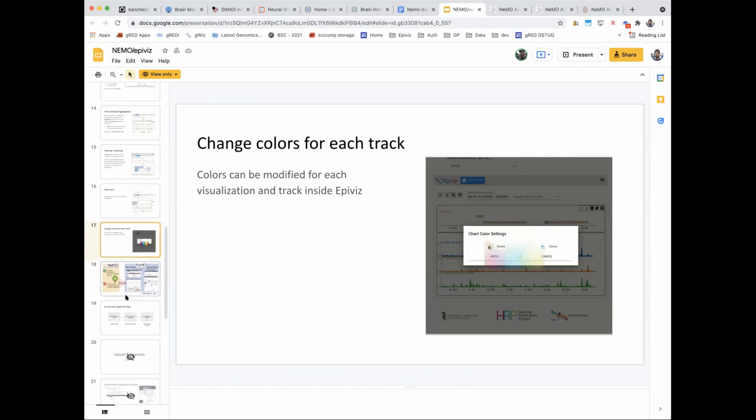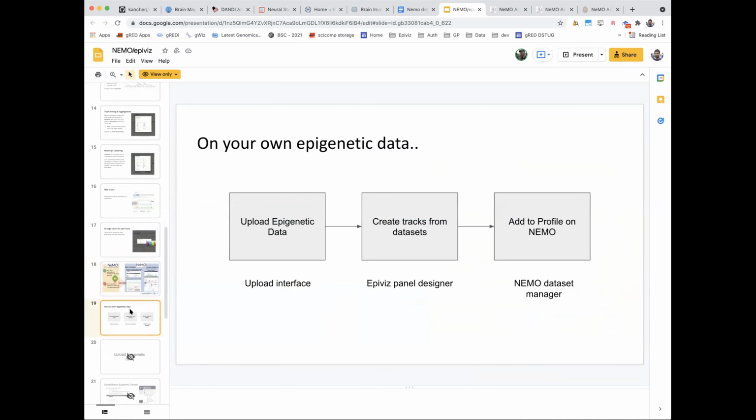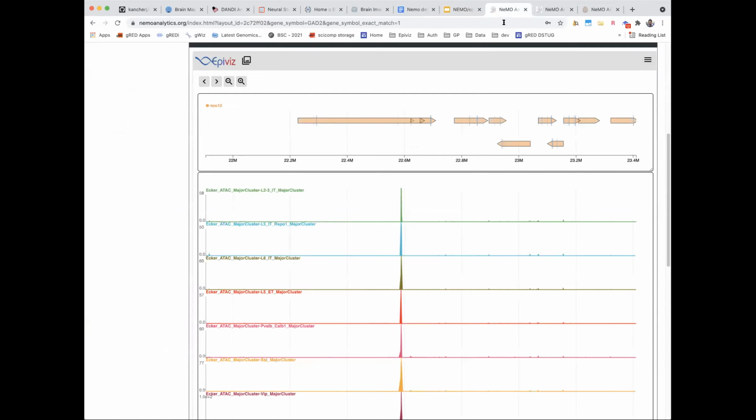So to get your data into the NEMO platform, there are two ways. One, you can go to NEMO Archive, which hosts a lot of the consortium data sets, and get the files that you want to explore. Or we also provide an interface that lets you upload your custom data sets, or data sets that are available on your laptop or through your lab, and you can upload them to the NEMO Analytics interface. I'll show you where that is.